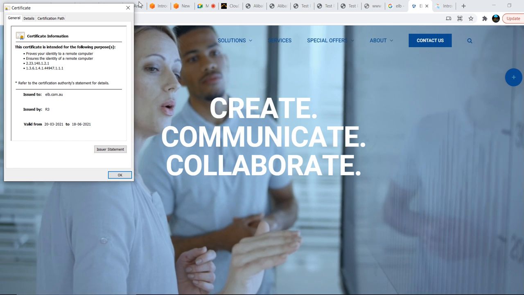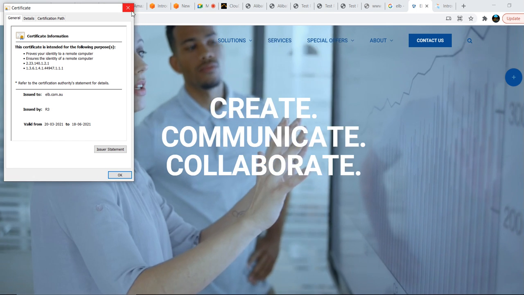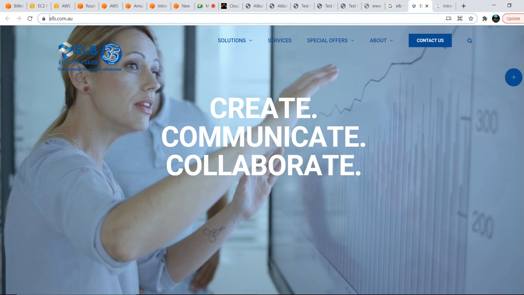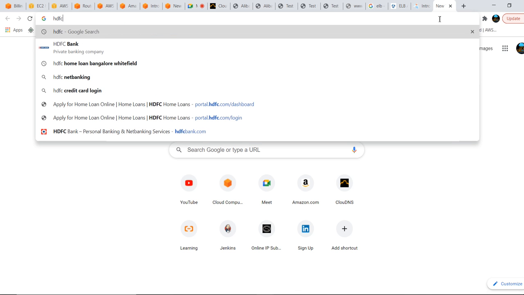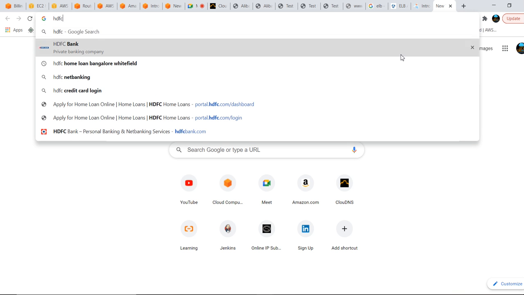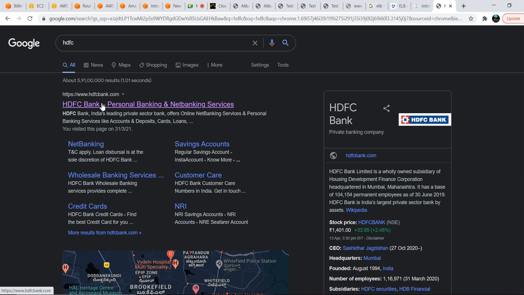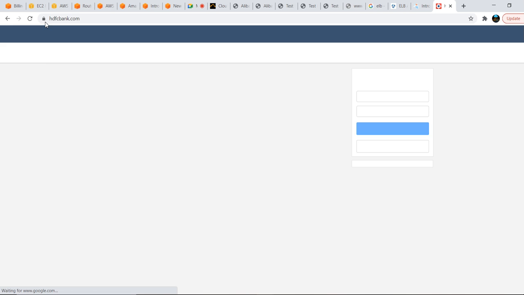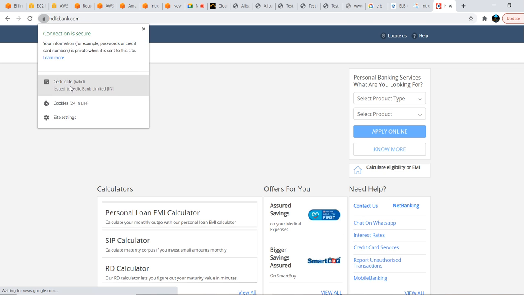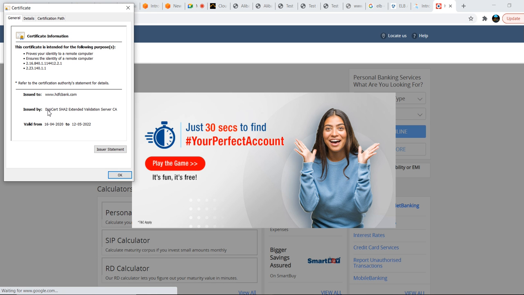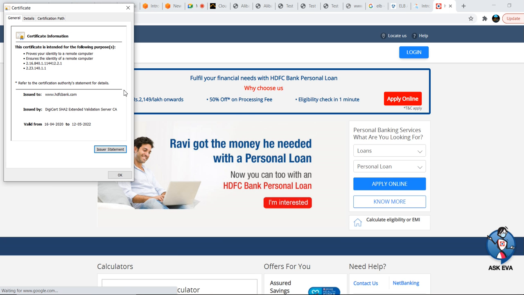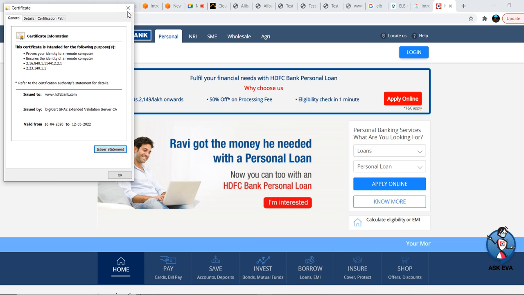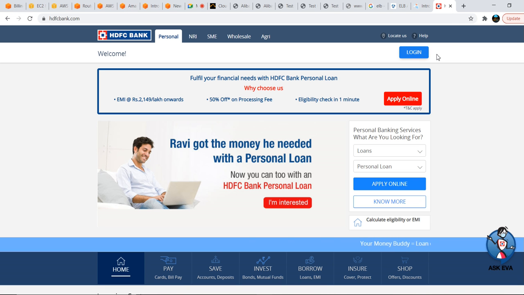There are certificate providers like these SSL providers. If you see any bank domain, hdfc.com, HDFC Bank, you'll see the lock symbol here, and if you go to the certificate, see DigiCert. There are multiple vendors who provide SSL certificates to organizations or domains, and with the help of that, we host our websites in a secure way.